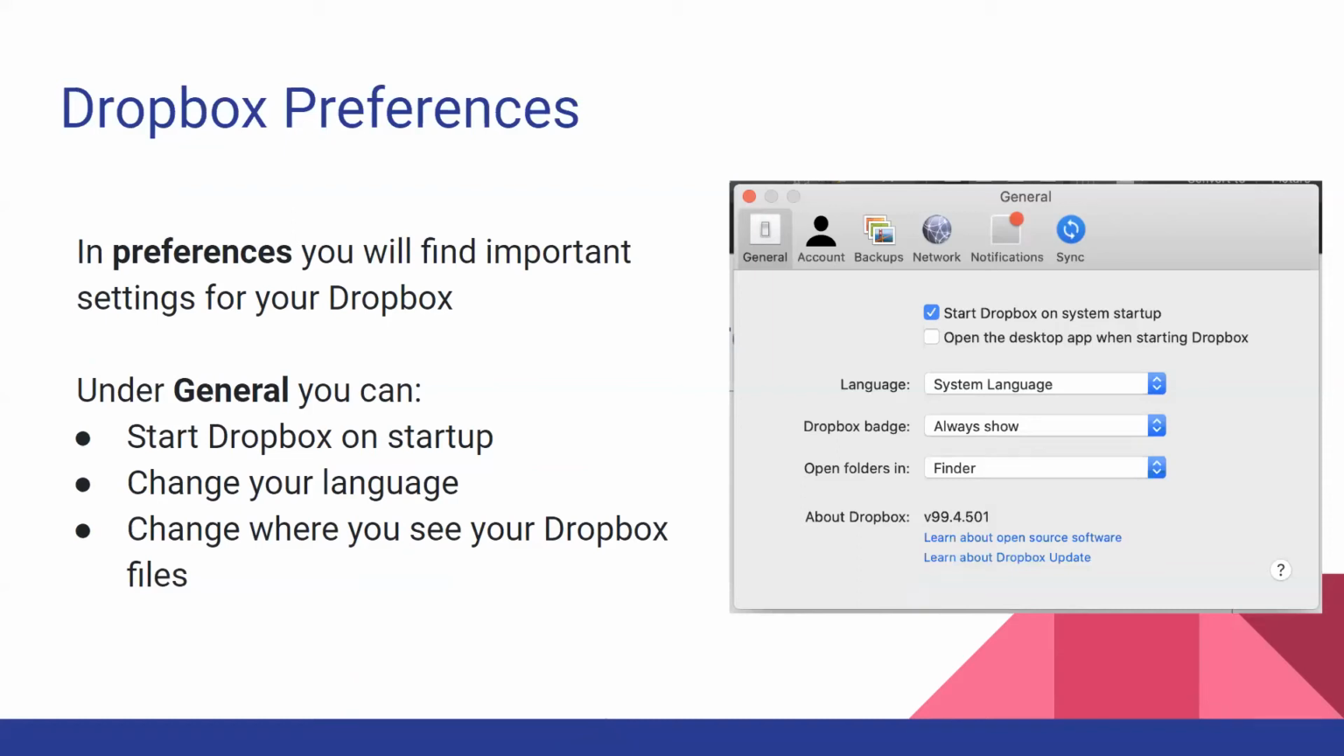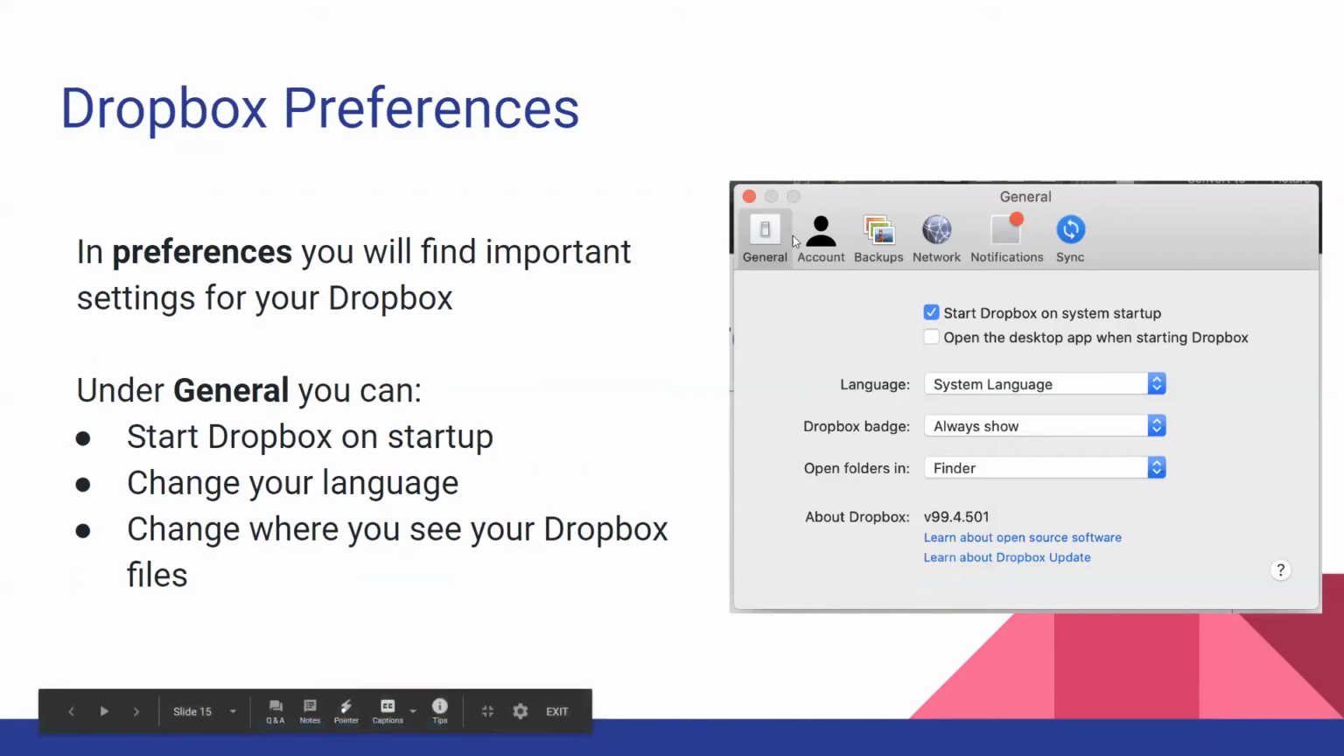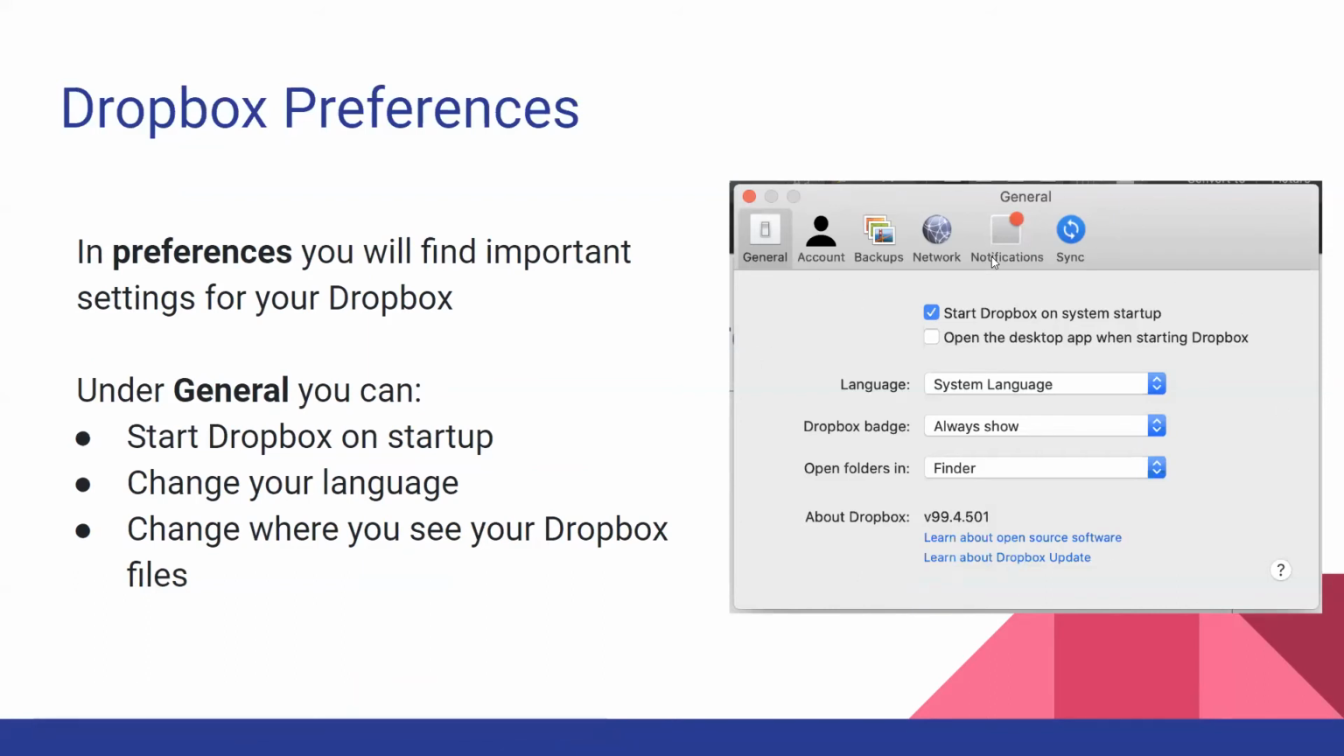In the preferences menu, you'll find some information on settings for Dropbox. Right now we're in the first window, General. There's that very first checkbox that's currently checked, and it says Start Dropbox on System Startup. What this does is anytime you restart your computer or you turn it on, you turn it back off again later,